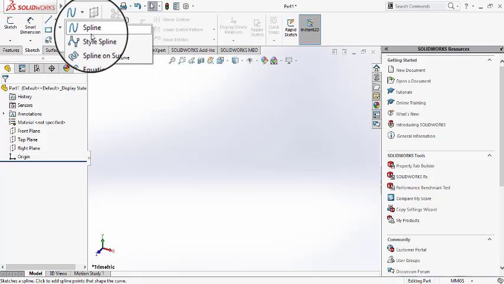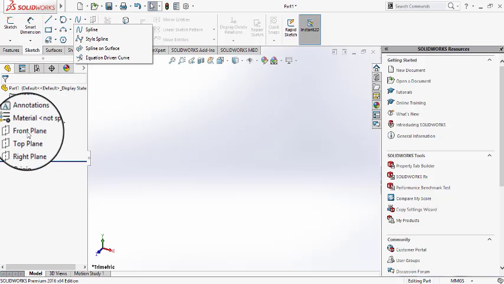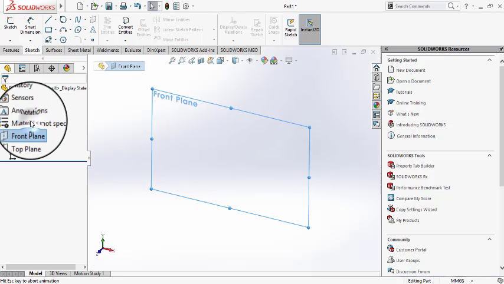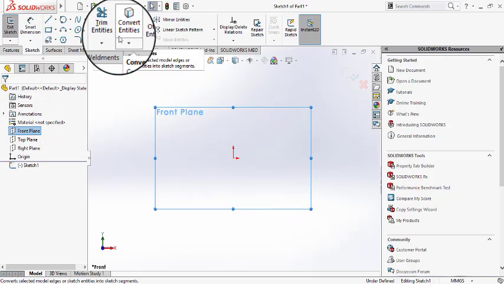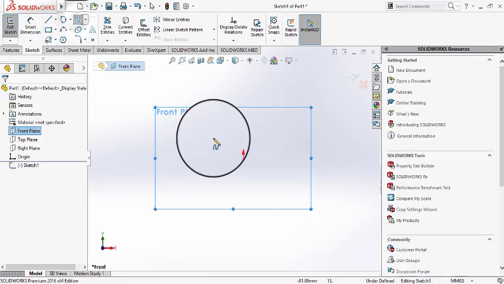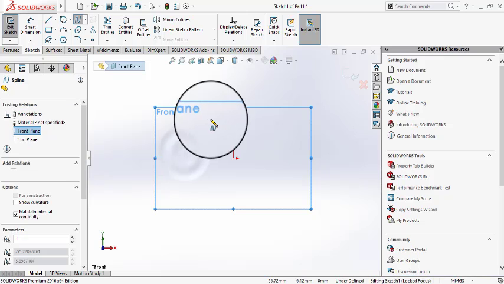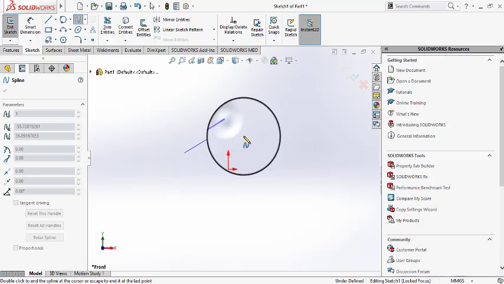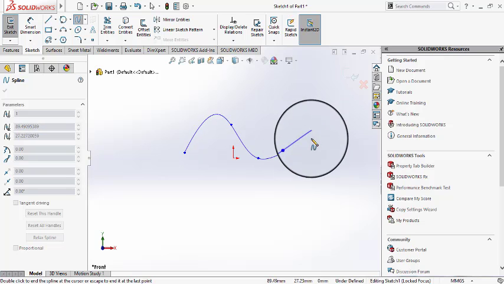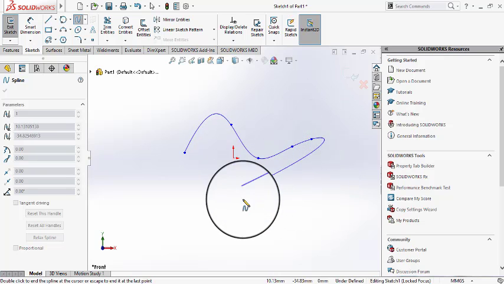So let's start with the first command, that is SPLINE. First you have to choose a plane. Here we choose a plane, that is front plane, and click on sketch. Then click on SPLINE command. You can draw SPLINE from one point to another, like this and like this, like this,